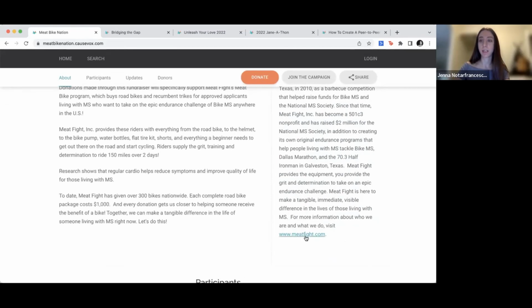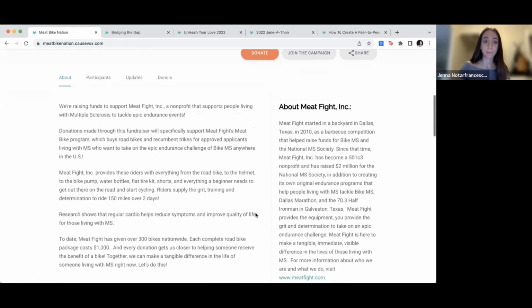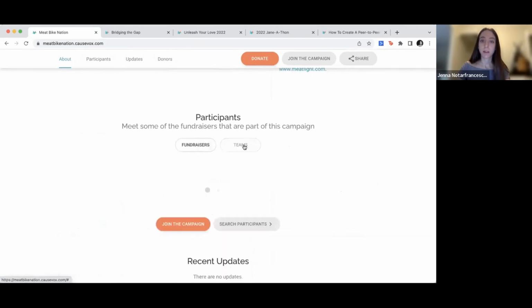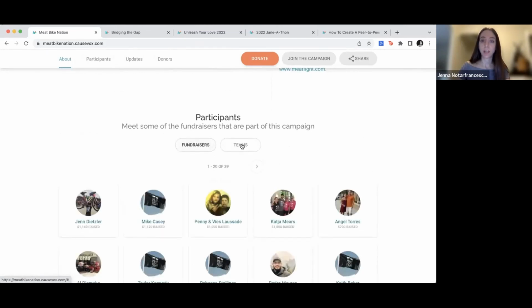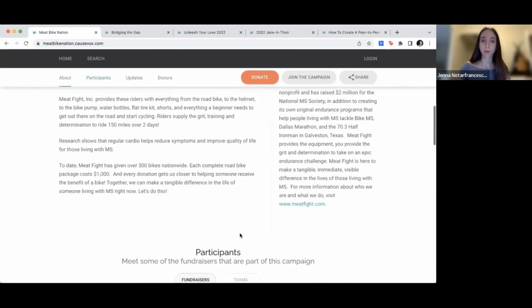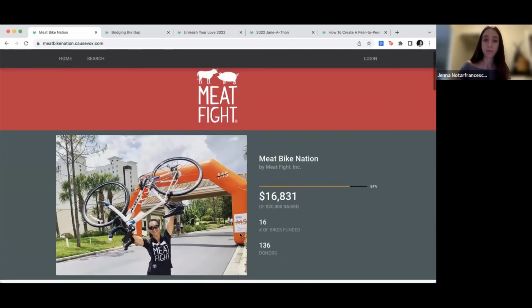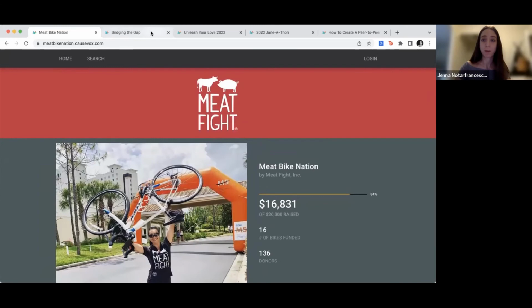And then I like that they link out to another URL, their website, to direct people for more information. And I also like how they describe what's happening on this specific campaign. So I think their appeal is very, very thoughtful. And I also appreciate their use of team pages. So that would be what I would see as best practice for MeatFight's campaign. Rob, feel free to jump in if you have any other additional insights.